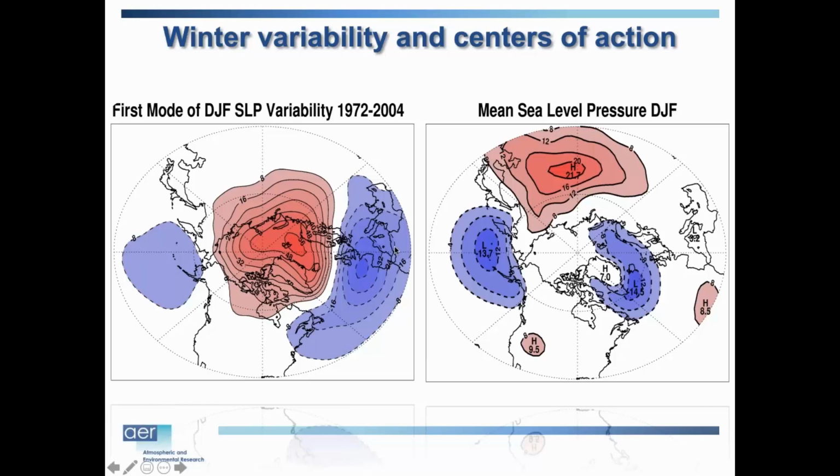Okay, it always seemed to me that this mode of variability, the Arctic Oscillation, this dominant mode of variability in the Northern Hemisphere, kind of looks like whether there's an expansion or contraction of the Siberian high. So when the Arctic Oscillation is negative and this is high pressure in the Arctic, it always seemed to me this is just an expansion northward of the Siberian high, and that suppresses the low pressure systems in the oceans further south. And then when you have a positive Arctic Oscillation, that's a contraction of the Siberian high. The Siberian high retreats or is very weak, and that allows these low pressures to expand northward.